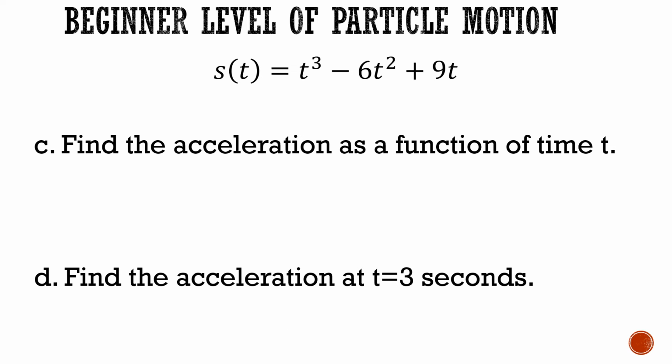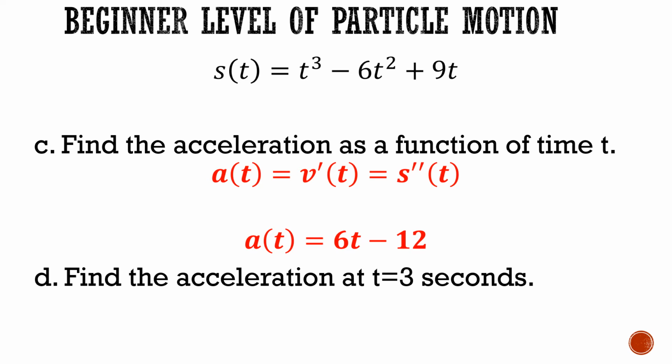All right, next it says find the acceleration. Our formula for acceleration is the derivative of your velocity, or you can look at it as the second derivative of your position. So in order to find acceleration, I can either take the derivative of the velocity or the second derivative of position. If I start with my velocity equation and take the derivative of that, I'd be left with